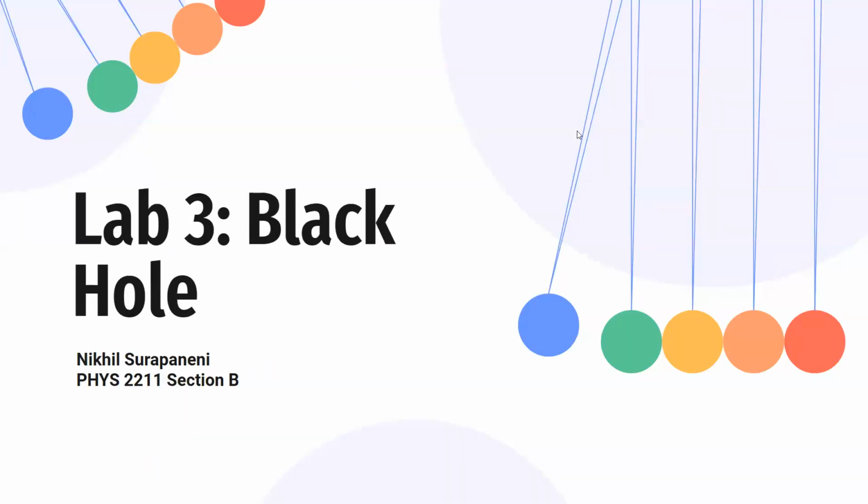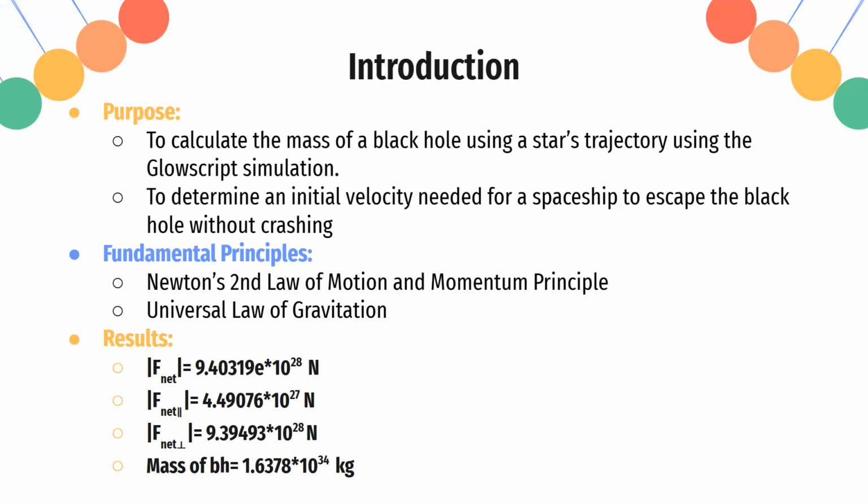Lab 3 black hole Phys2211. So the purpose of this lab is to calculate the mass of a black hole using a star trajectory that we will map out using Glowscript. And the second part of the lab is to determine the initial velocity that's needed for an imaginary scenario, and we want